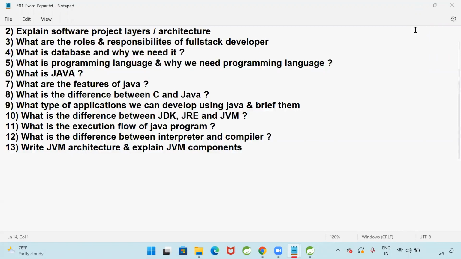Akash Kumar, are you writing? Show me your notes. हाँ ठीक है. Sai, are you writing?